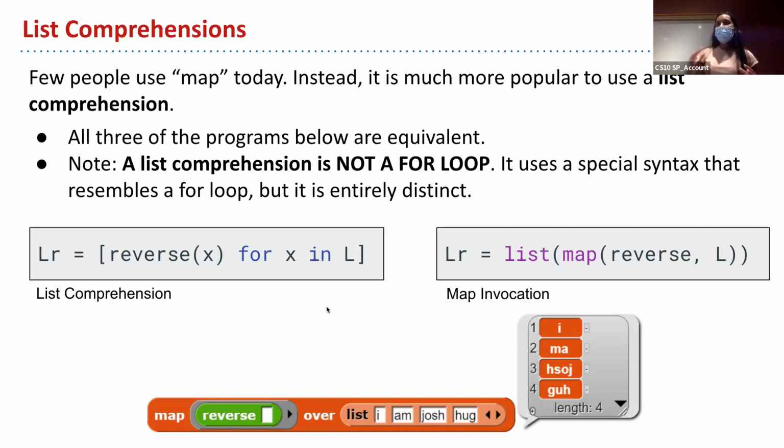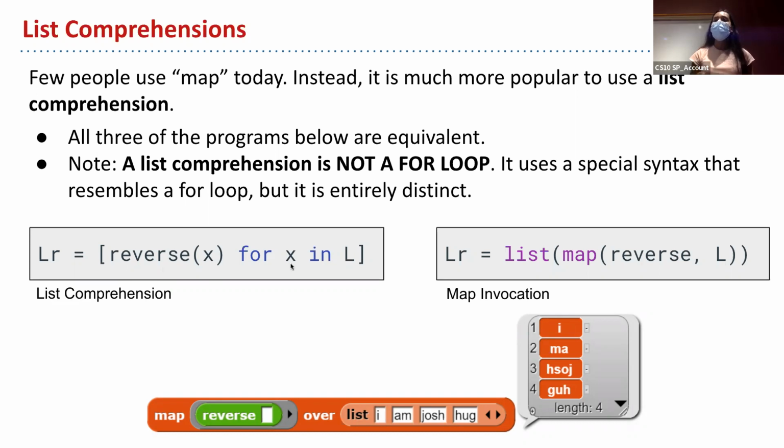So this is a little weird to look at and understand at first, but once you do some practice, I think it'll make a lot more sense. Basically, over here you put the function name and what you want to call it on, and then you say for X in whatever you're iterating over. So if you want to apply something to every single item in L, then you say for X in L, and then you say what you want to do to that. So this is going to output this for every value in L.